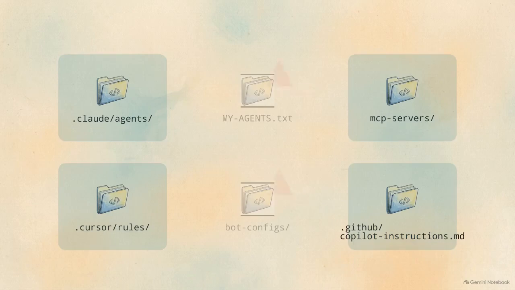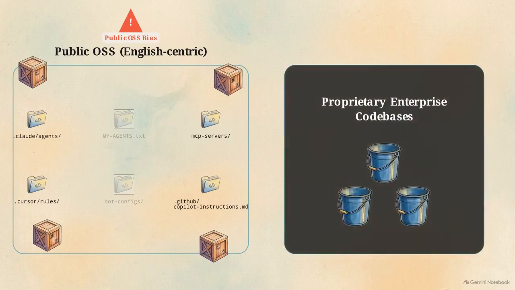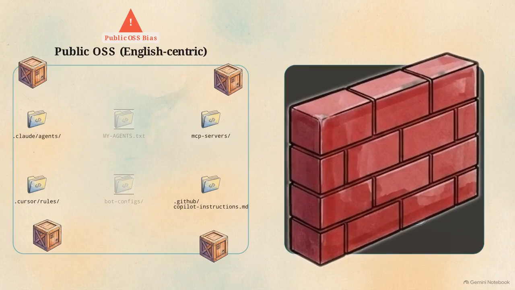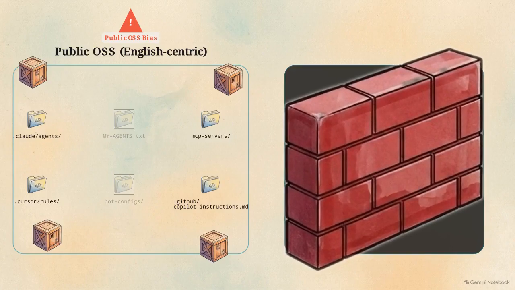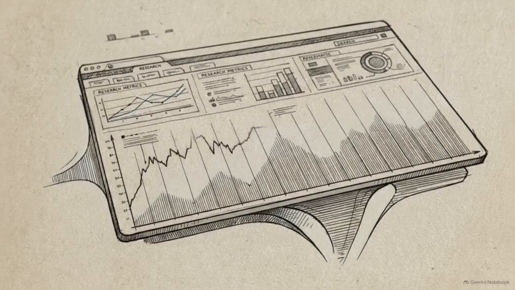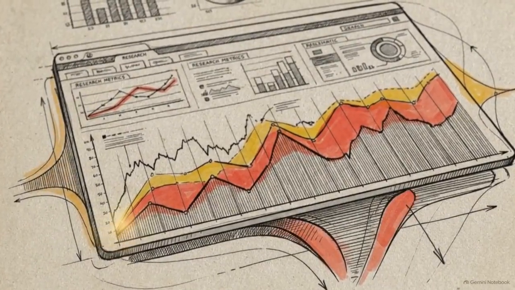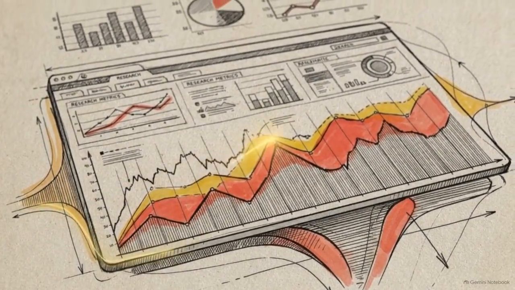This is a noisy method. A misnamed file will simply be missed by the scanner. The sample is public, open source, and English-centric. It tells us nothing about how proprietary enterprise teams configure their agents behind firewalls. Most importantly, this data strictly measures adoption. It counts which mechanisms are present in a repository, not whether those configurations actually produce a better agent. Even with the heuristic noise and sample bias, this pipeline establishes the first reproducible empirical baseline for how AI harnesses